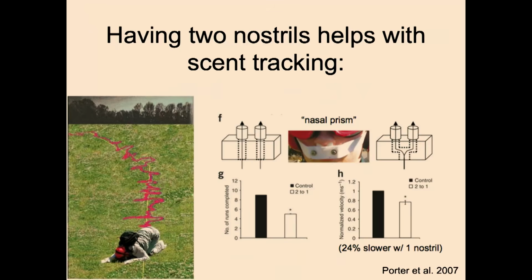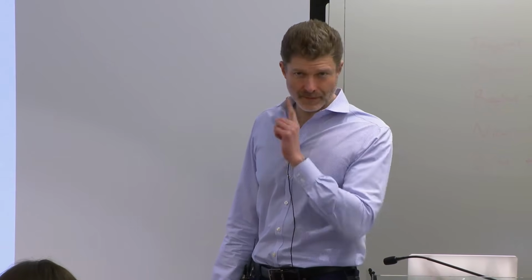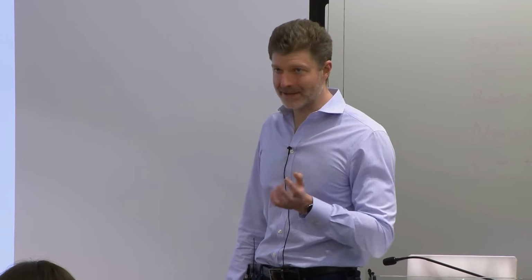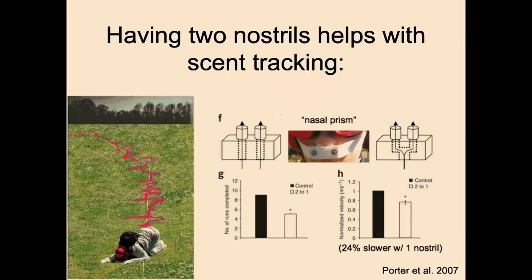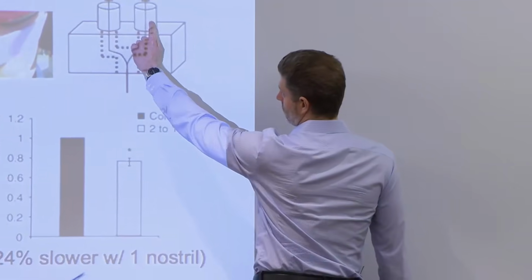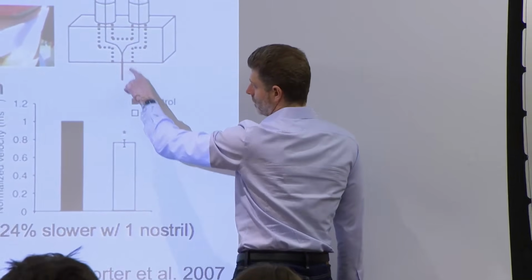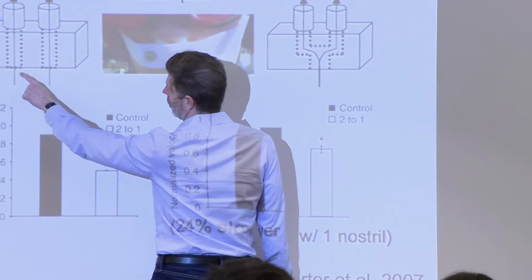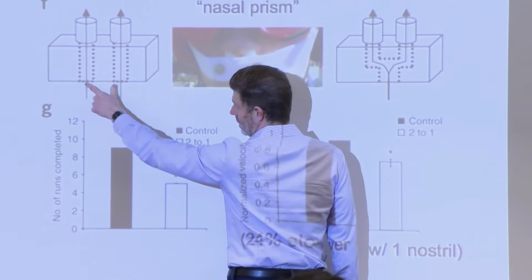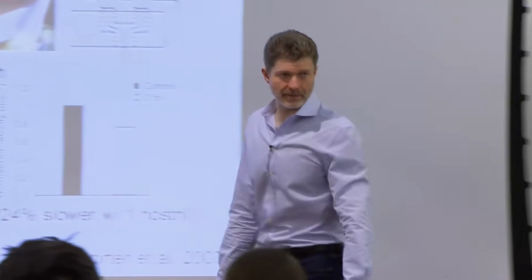Well, one measure of the effect of two nostrils came from this experiment of human scent tracking, where to investigate whether or not people use information from the two nostrils to help localize scents, they got rid of the two nostrils effectively using what they call a nasal prism. A nasal prism is this thing that you stick into your nostril. That goes in one nostril, that goes to the other. And the input comes from a single aperture. As opposed to the control apparatus, where you again stick something up your nose, but now the two nostrils are still getting input from two different regions of space.